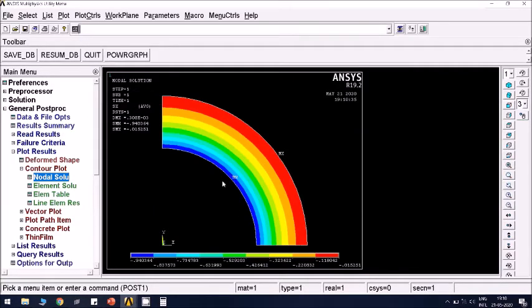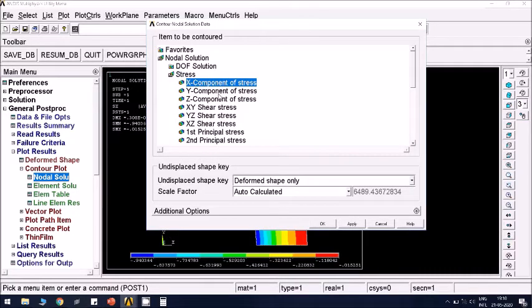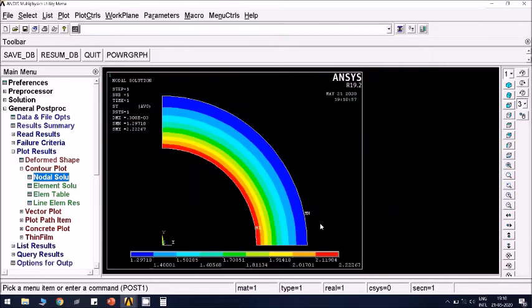At the inner surface, we have given internal pressure of 1 megapascal. So radial stress should be equal to that at the inner surface. You can see it is 0.94. And this Y component of stress gives sigma theta. You can see sigma theta maximum is here, and outside surface it is 1.29 megapascal. So radial and hoop stress distribution for cylinders are always plotted across the thickness.